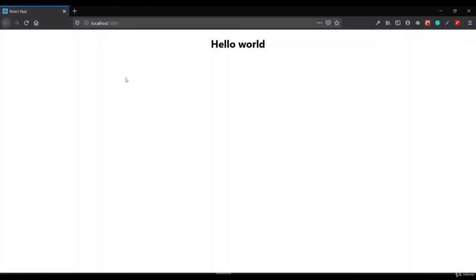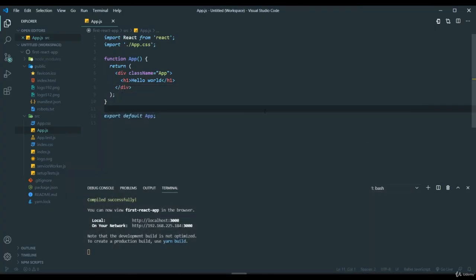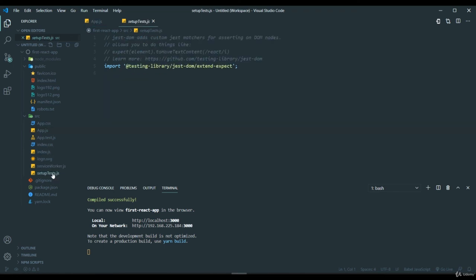Now if I go to the browser, you can see I got the single hello world, right? It's running on the localhost server, and this is a React app. Right now you made this h1 tag run through React. So this is how React works. It's pretty simple, right? We can delete all these files because we don't need them now. We can delete the setupTests file, the service worker, the index.css file, and the app.test file. If you want, you can also delete the app.css file, but I'll keep it.